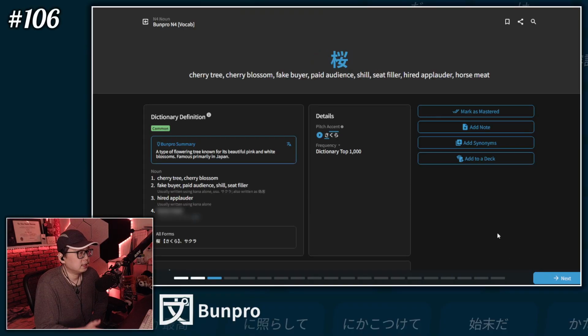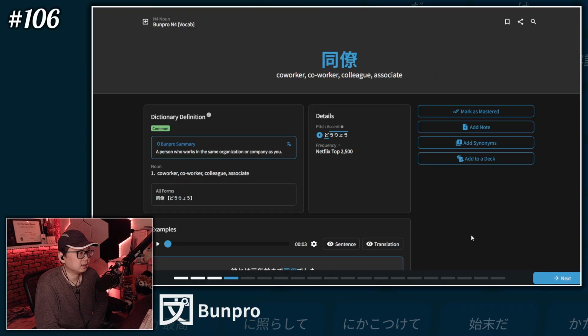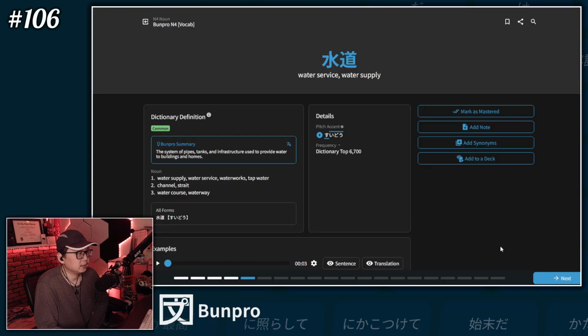Okay. A type of flowering tree known for its beautiful pink and white blossoms, famous primarily in Japan. Sakura. I mean, primarily in Japan? Suppose. A person who works in the same organization or company as you. So you have do. The system of pipes, tanks, and infrastructure used to provide water to buildings and homes. Oh yeah. So